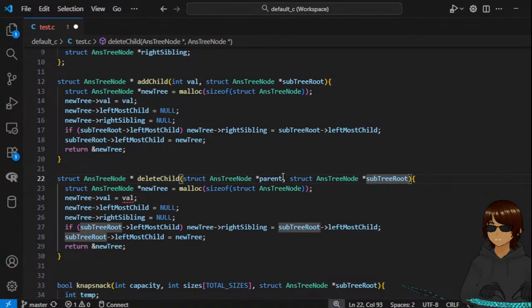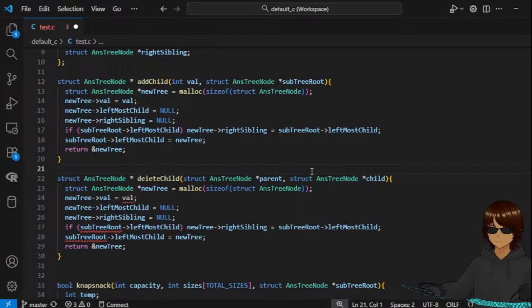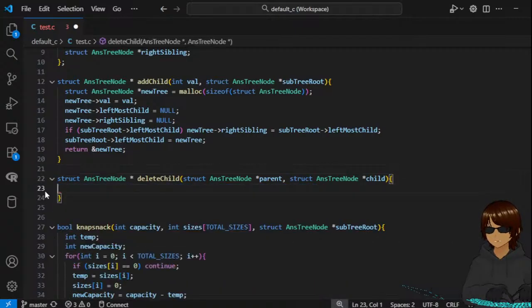Parent. Child. If you want to delete the child, but the thing is, how do we get the